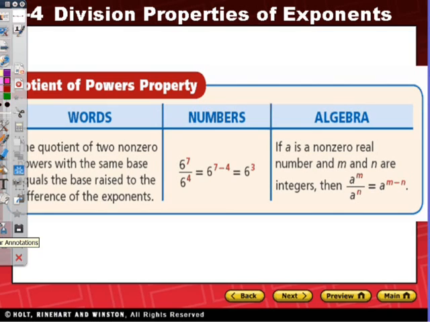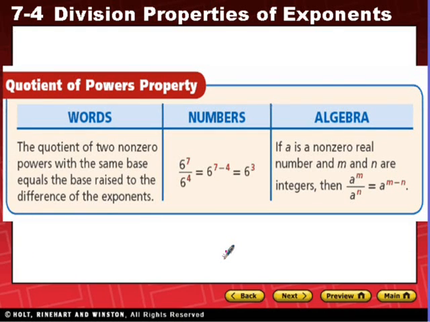Okay. So if we had something like 6 to the 7th divided by 6 to the 4th, we would have 6 to the 3rd. We would subtract them. Okay. And then we have over here on the right, we have the algebra, right? A to the m divided by a to the n equals a to the difference between m and n. So if we had variables,